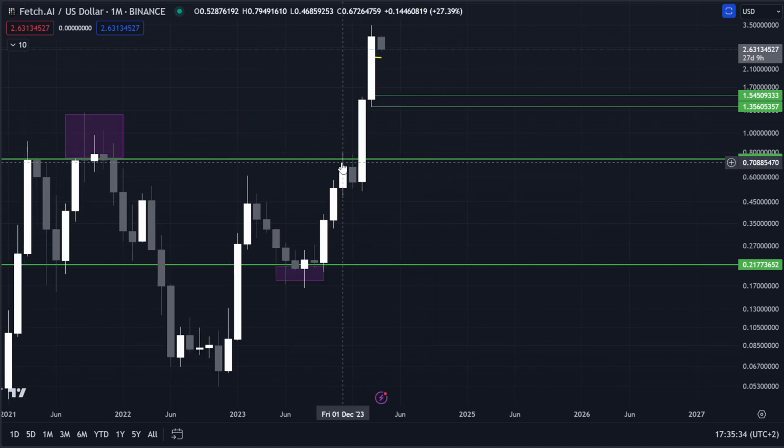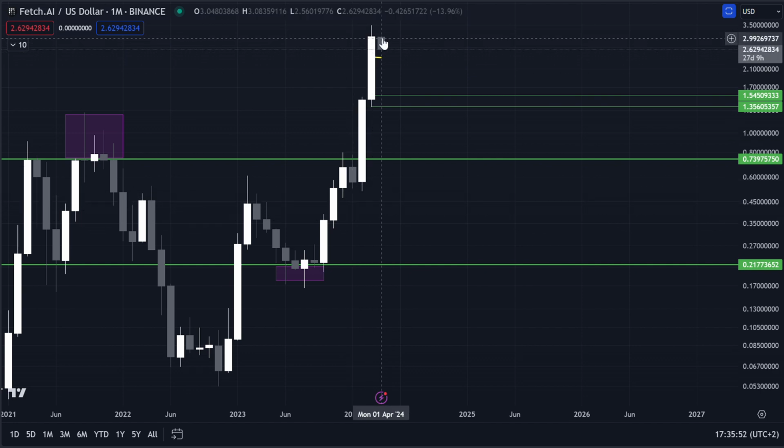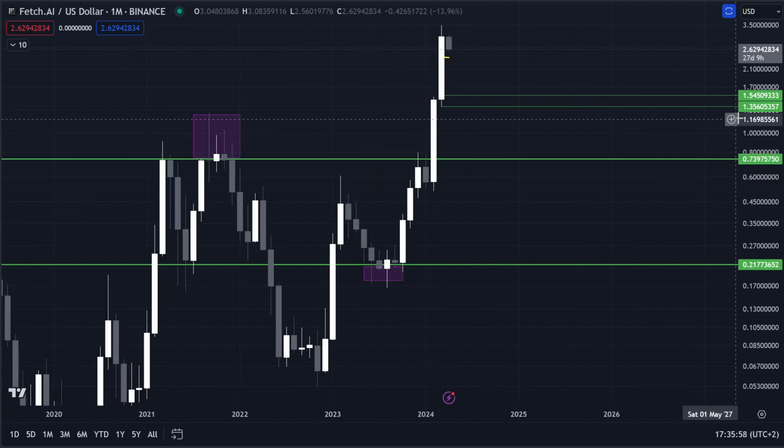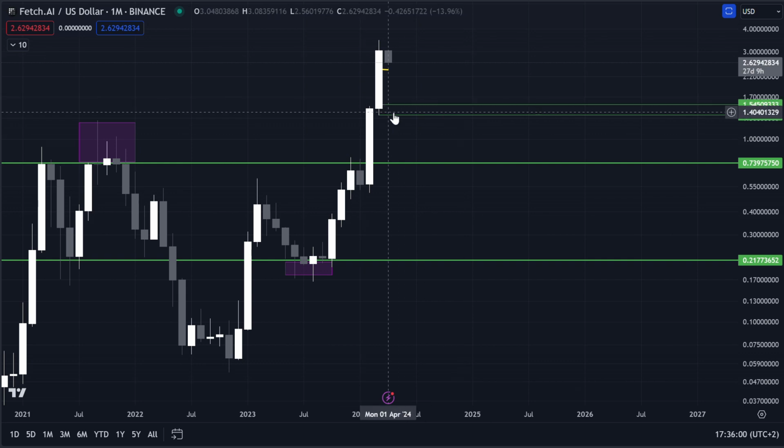Then again we had 1, 2 months, December and January, so December 2023 and January 2024, where we had important resistance here. We closed again below, and then boom. And usually when we have these booms, we have a boom in the same way to the downside. So in my opinion, the first level to watch are here between